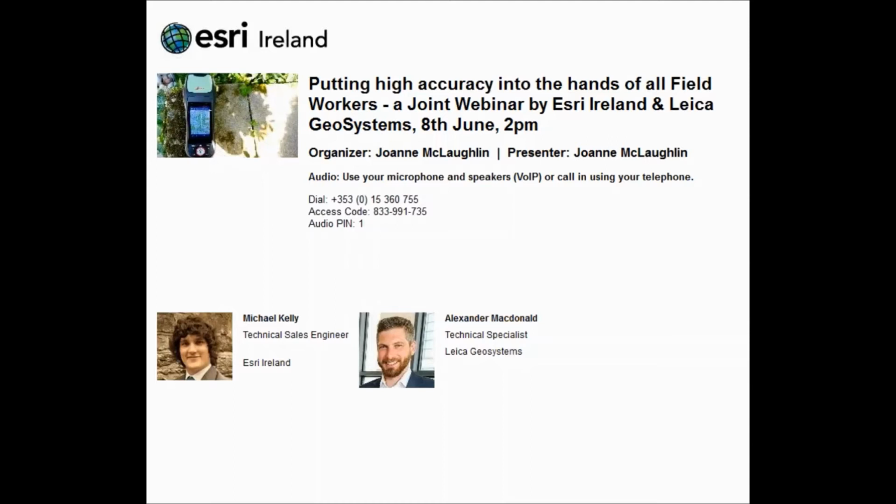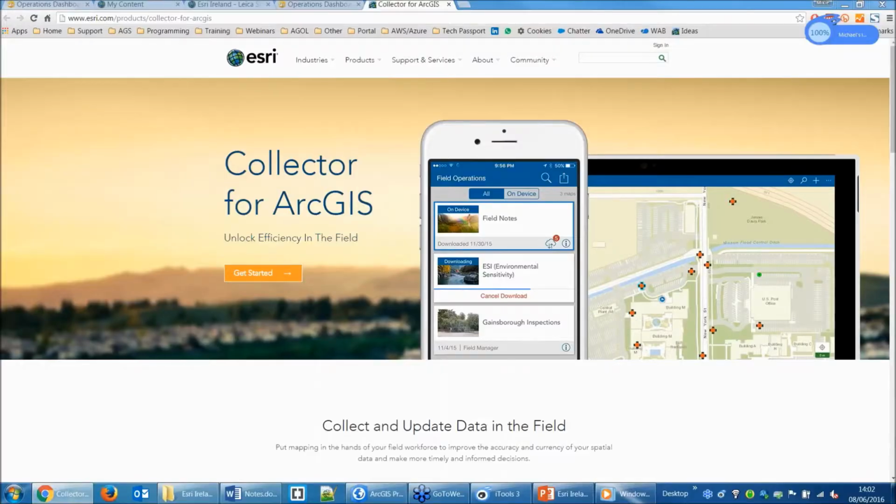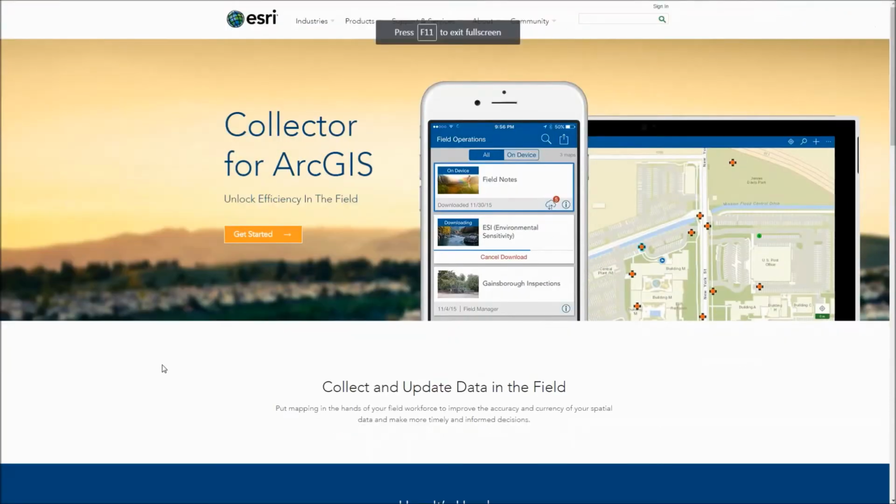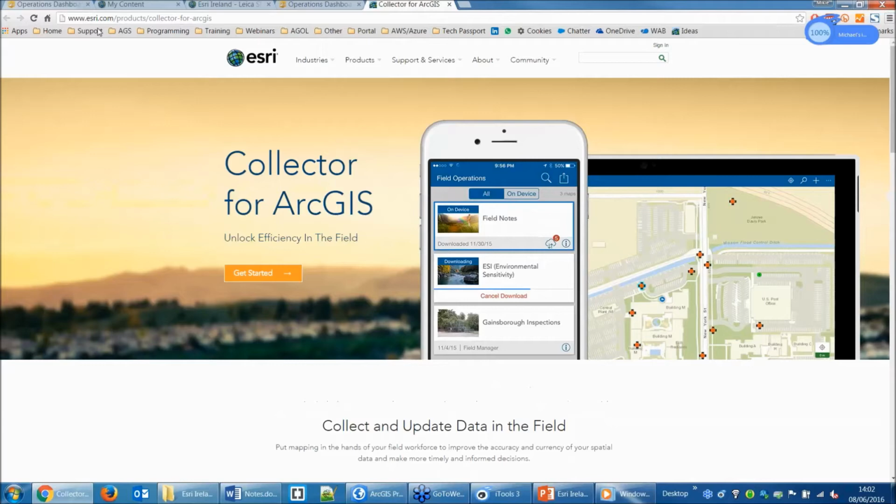Great, thanks Alex. So I'm going to just turn off this webcam, and I'm going to share my screen. So hopefully you'll see that now in a minute. Yeah, so you should see my screen now. And I'm just on the Collector website. So if you see the web address there, it's just